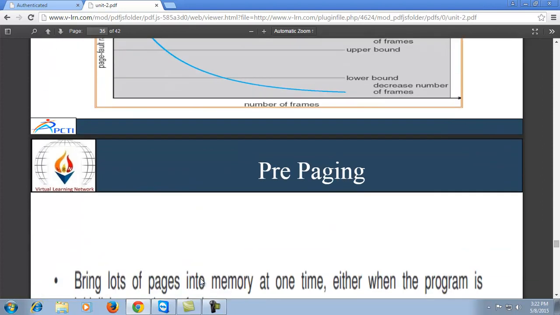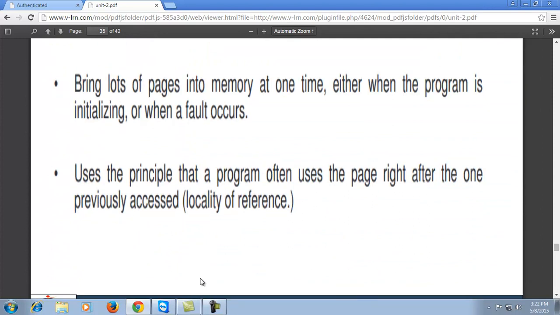Now, pre-paging brings lots of pages into memory at one time, either when the program is initializing or when a fault occurs. The next case uses the principle that a program often uses the page right after the one previously accessed.